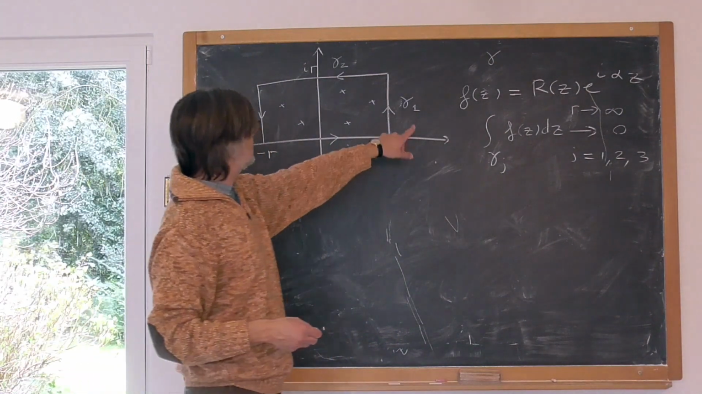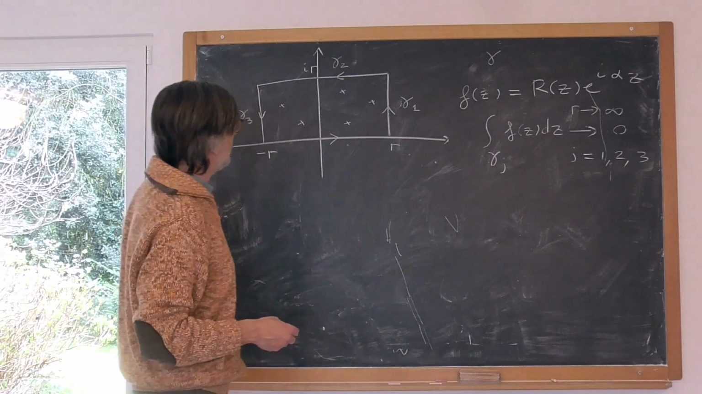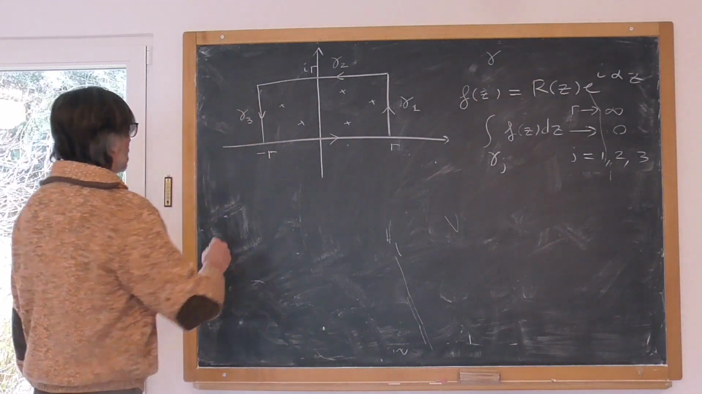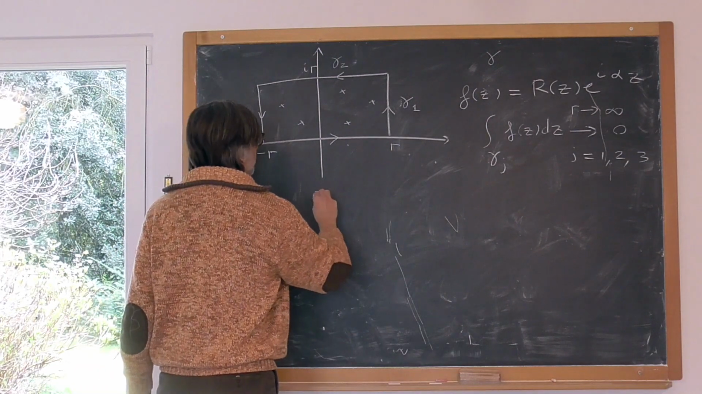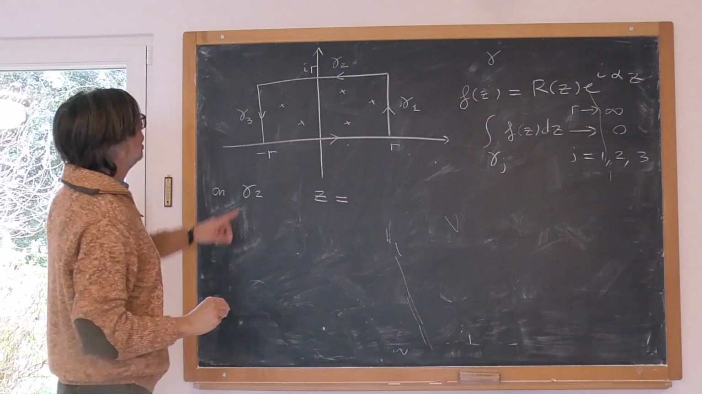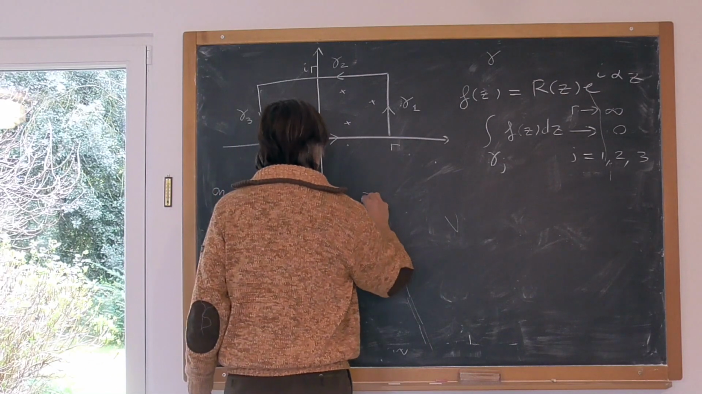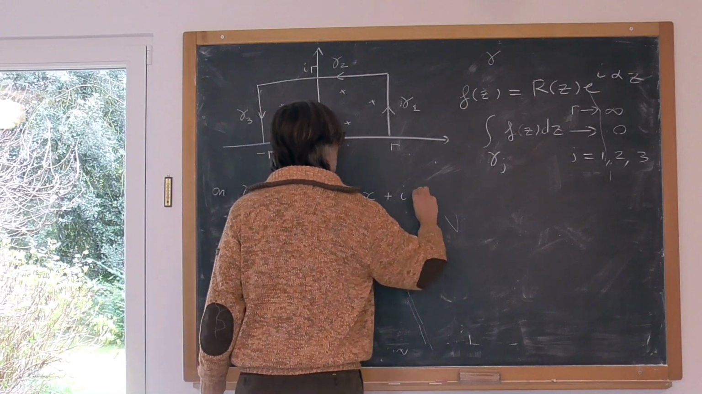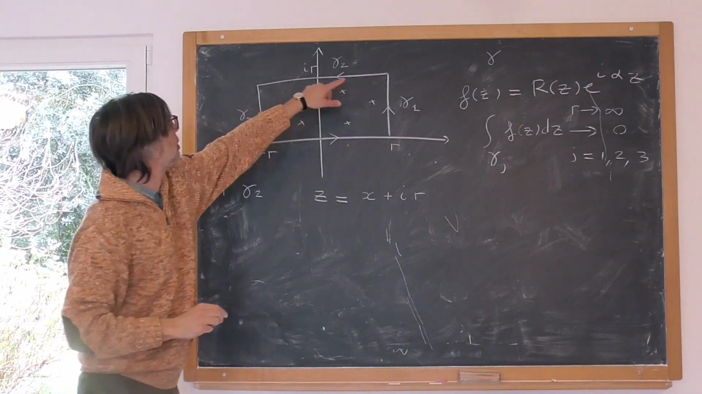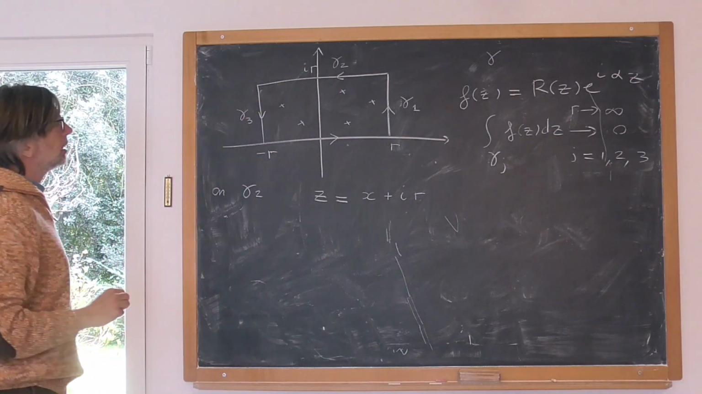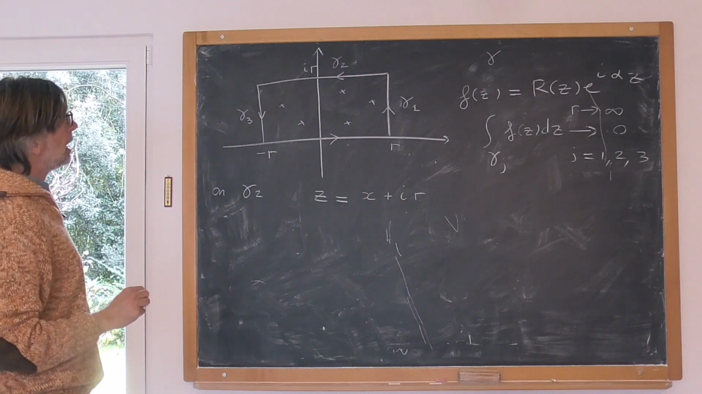by the residue theorem, you obtain the formula. Okay, so let's first deal with gamma 2. So on gamma 2, z is of the form x plus I r, so the imaginary part is r. And hence,